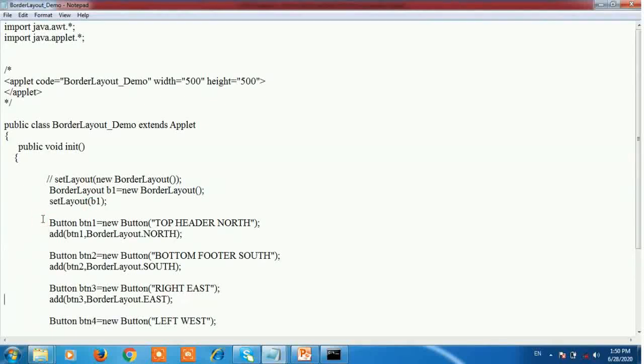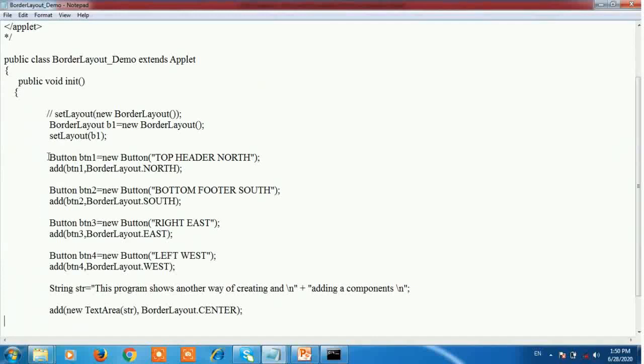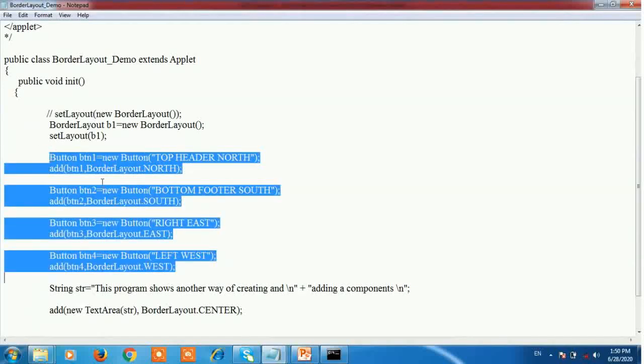After that, here we create 4 buttons. First button object is btn1 is equal to new Button, and the string is top header north, and the add method is used to add the component. The add method has two parameters.